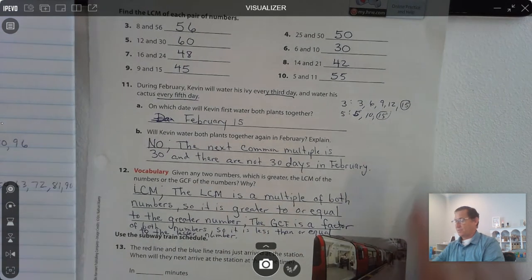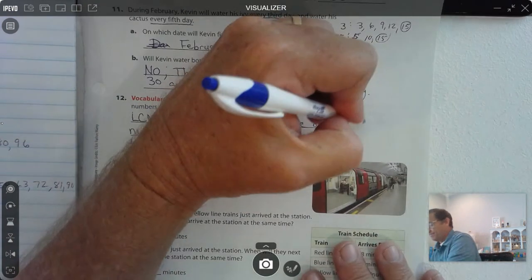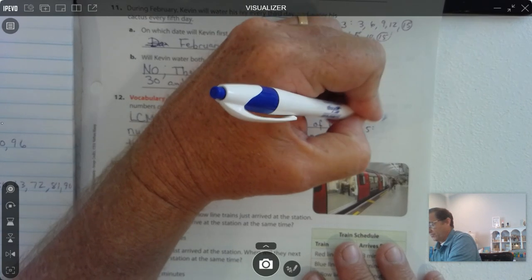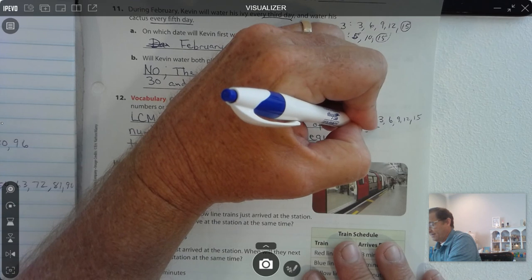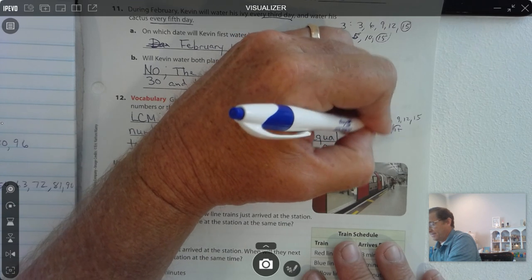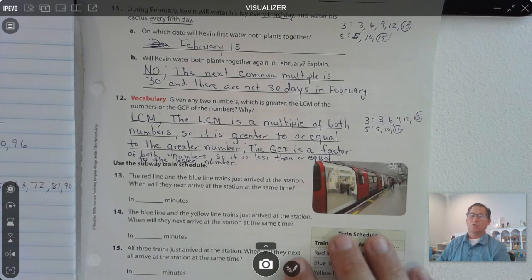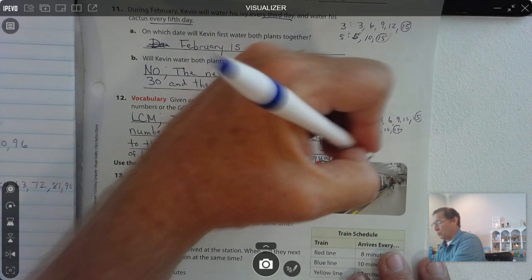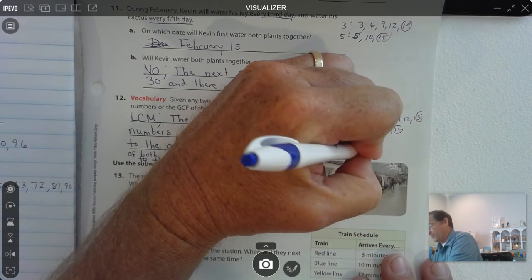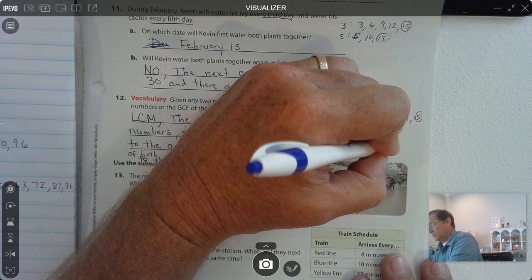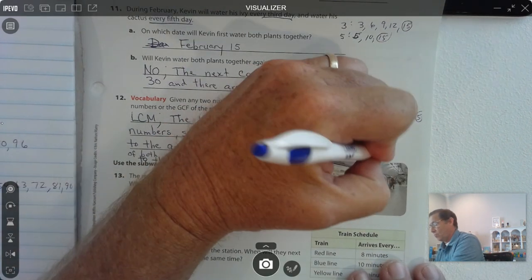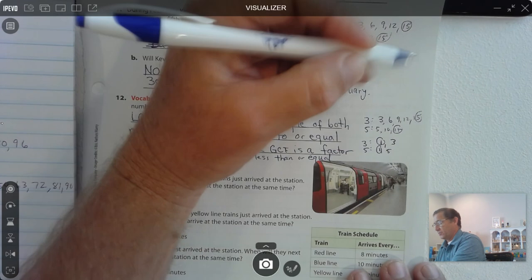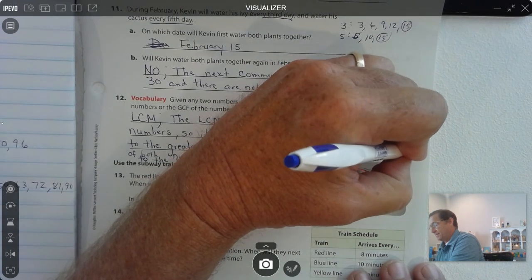For instance, so let's look at 3 and 5 specifically. Okay, so 3, 6, 9, 12, 15. 5, 10, 15. So we see that the common multiple of 3 and 5 is 15. So what are the factors of 3 and 5? Well, the only two factors of 3 are 1 and 3, and the only factors of 5 are 1 and 5. So the GCF is 1,